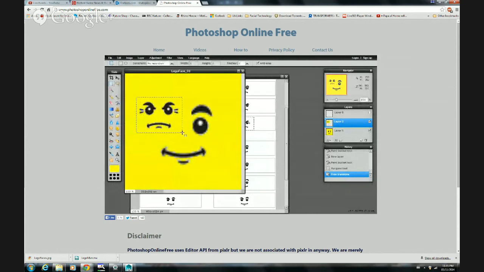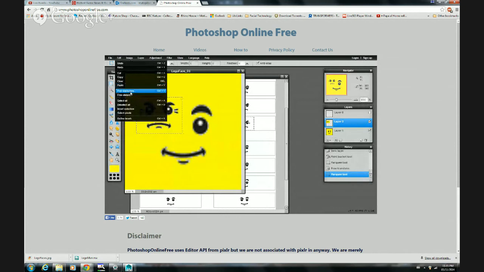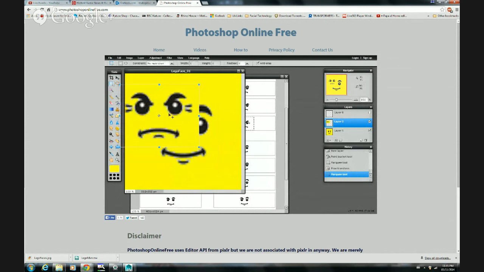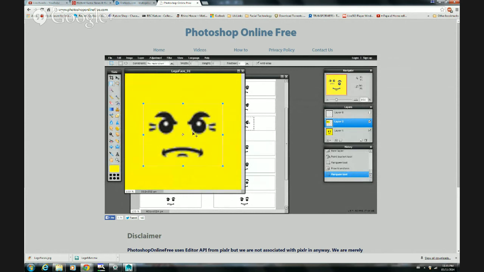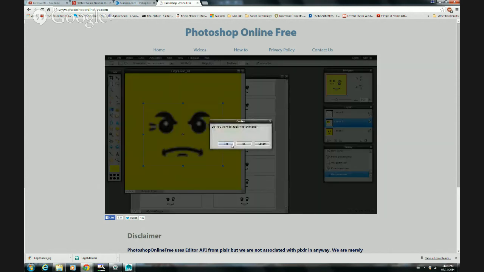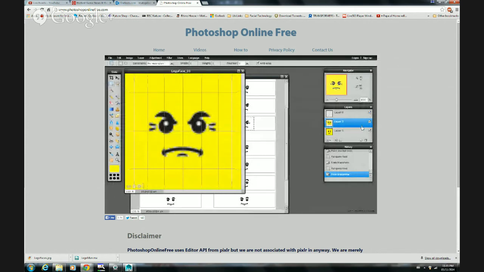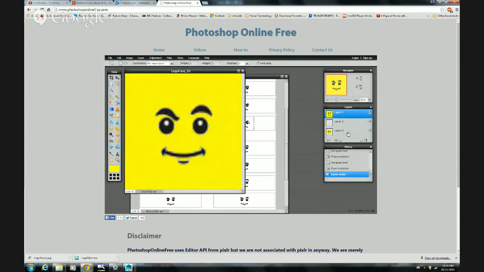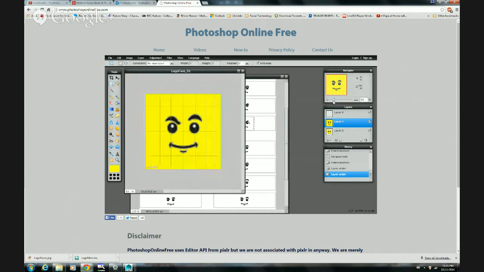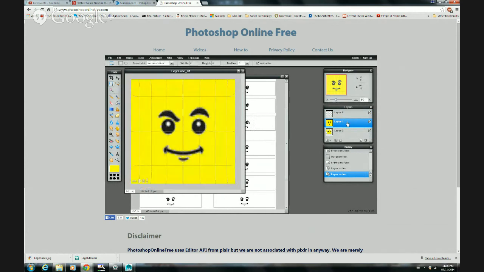I don't know why. Anyway, I can just do this, free transform, then make this face bigger, move it to the center over there. Let me turn on this guy here. Yes. Let me turn on this guy over here. And actually, I'm going to pick this one. I'm going to bring this one in between, and there should be some sort of transparency here for this layer in particular. No, maybe here,